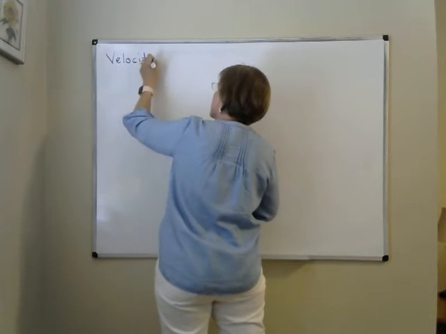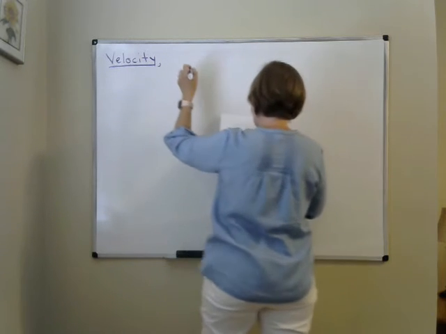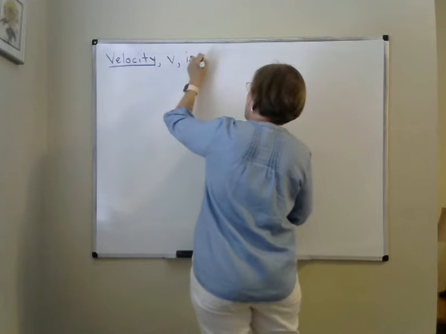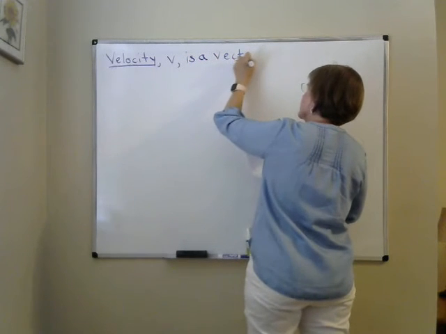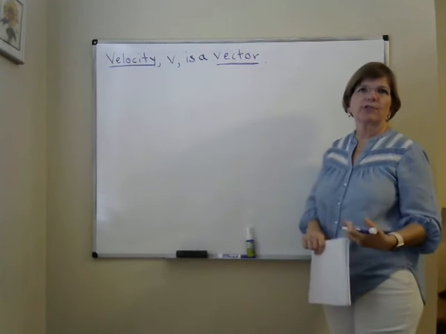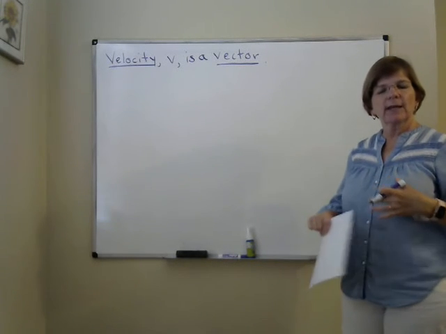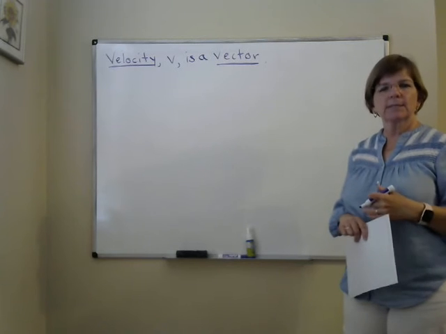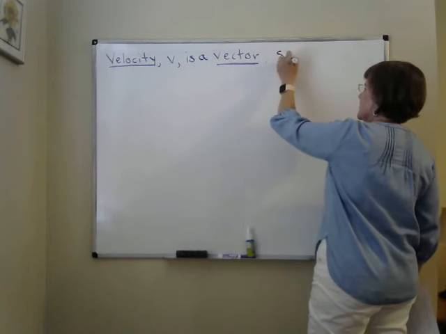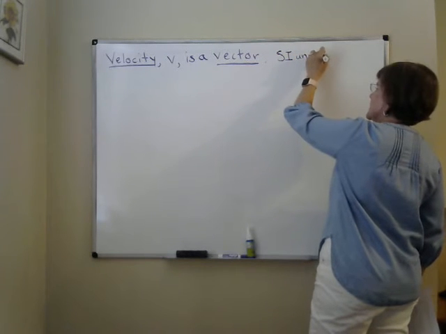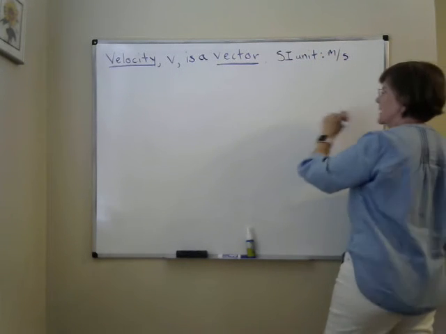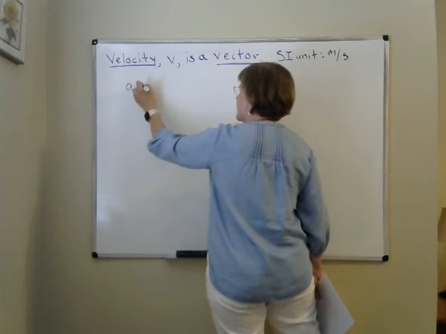Velocity, which is symbol for velocity is a V, is a vector. We now know that means that velocity has to have a direction. Some people, especially when you're talking about straight line motion, will say that velocity is speed with direction. It has an SI unit, the same SI unit as speed, which we measure distances and positions in meters, time in seconds. And average velocity